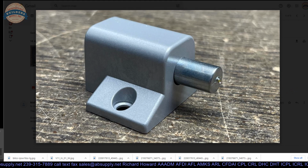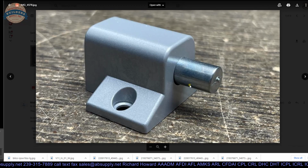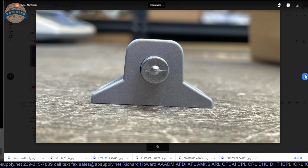Why is that? That is not an artifact or a remnant of the manufacturing process. That is so that when you get this installed and your door's in place, you can push the bolt against whatever you're going to put the strike to, if it's this application, and it will mark a hole at your center line, and in fact exactly in the center where you'll need to drill. Okay. Speaking of drill, well, we'll see if it's on the installation instructions. There's another image,